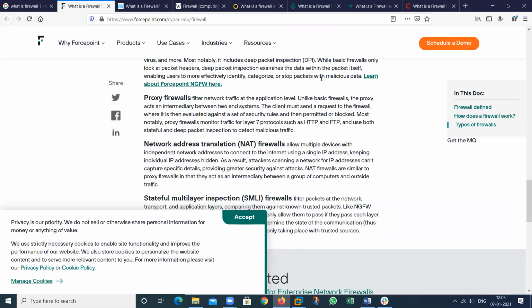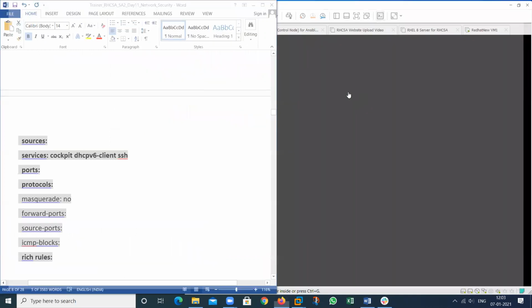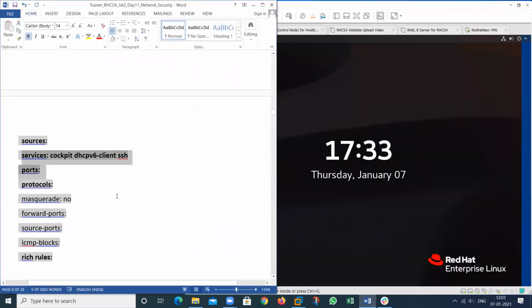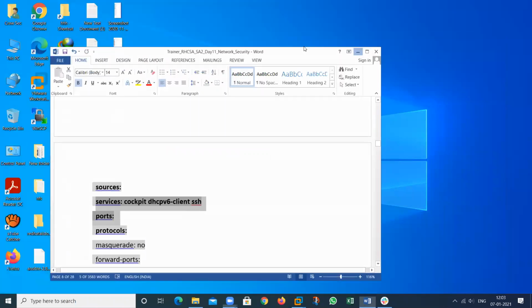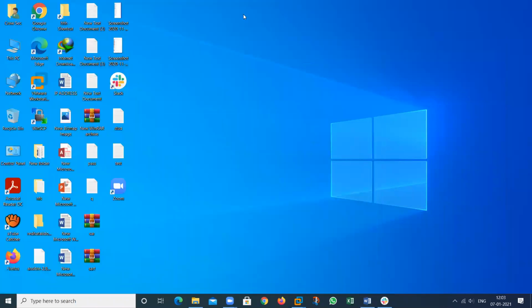Then I will show some examples, but not in this particular session. I will tell you about the practical portion in the next session. Okay. So today's session is complete. In this session, we discussed port labeling and the practical portion.